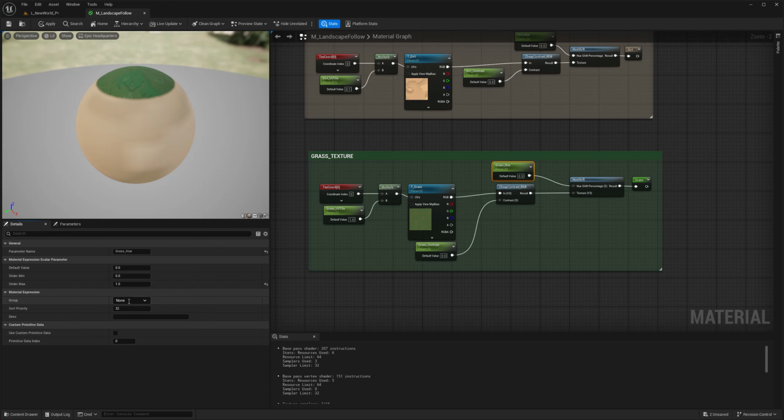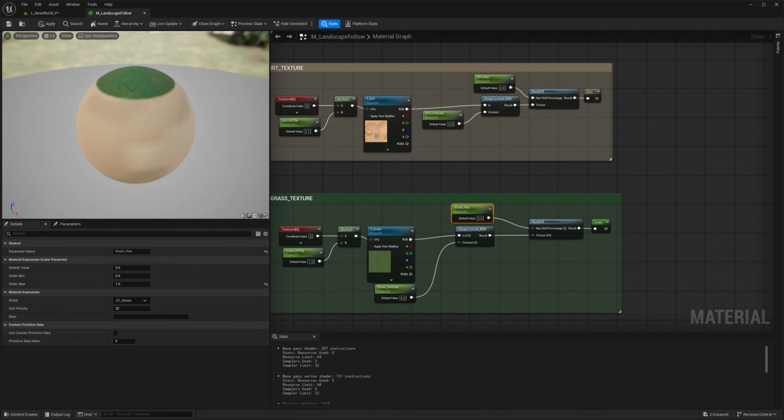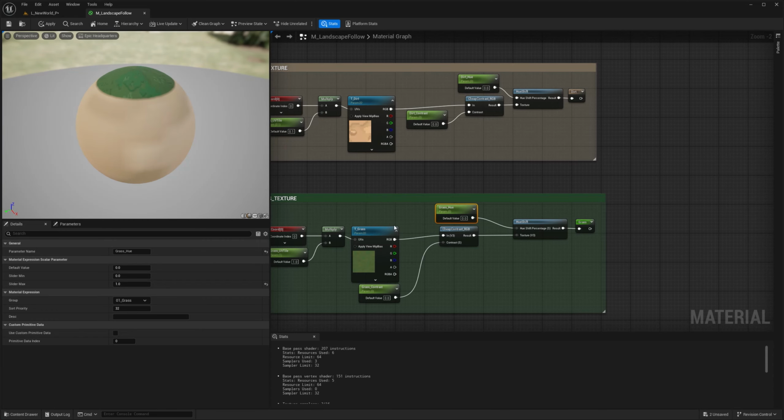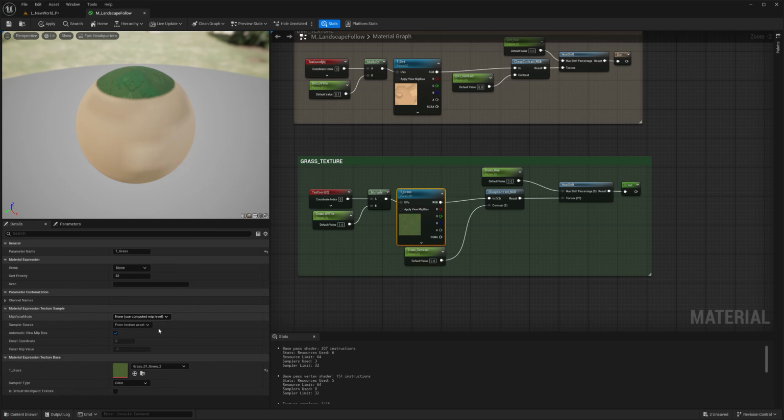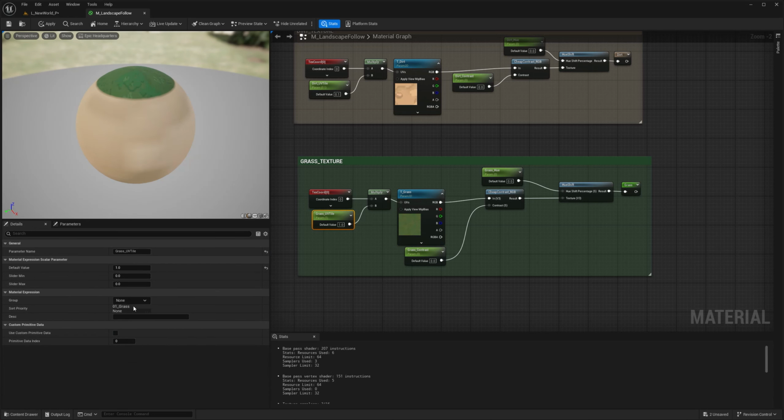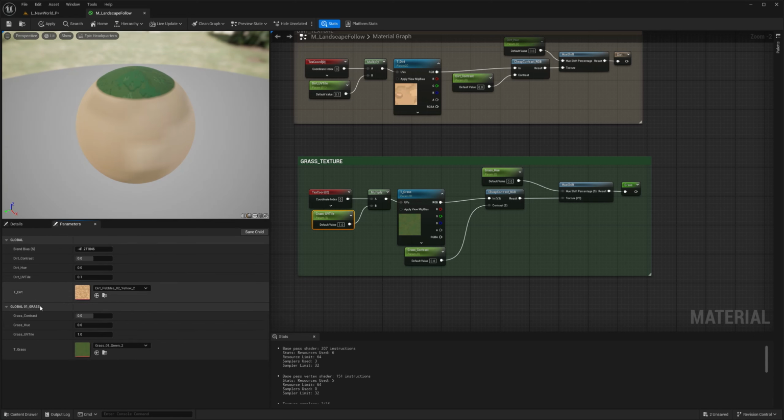So in order to create a new group, it's pretty straightforward. You just go here and say 01 grass, or just name it grass. I like to put 01, and then this is going to be 02. The next one is going to be 03, so I can organize that way. Now that this group is created, I can just select every other parameter and put it inside that group. This way, when I see my parameter list again, everything is inside grass.